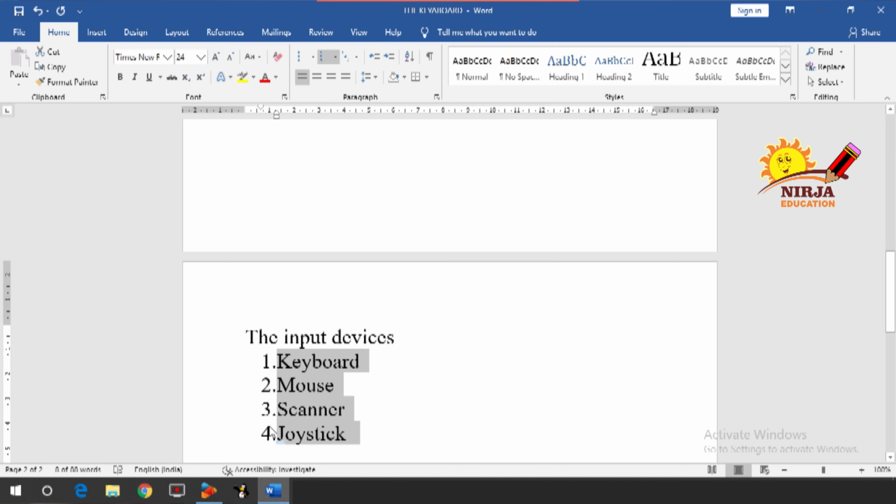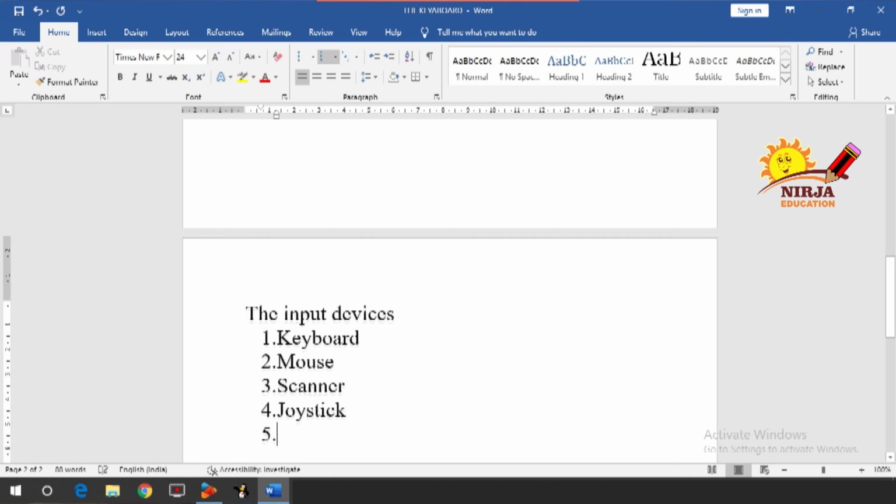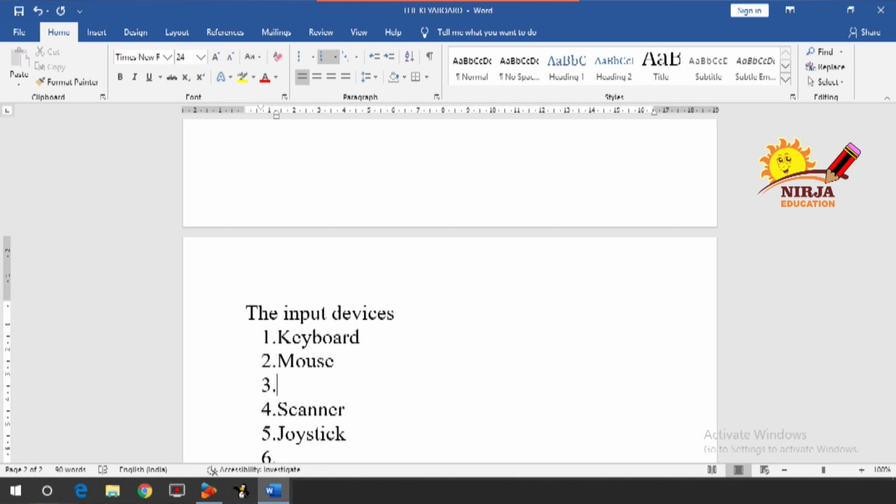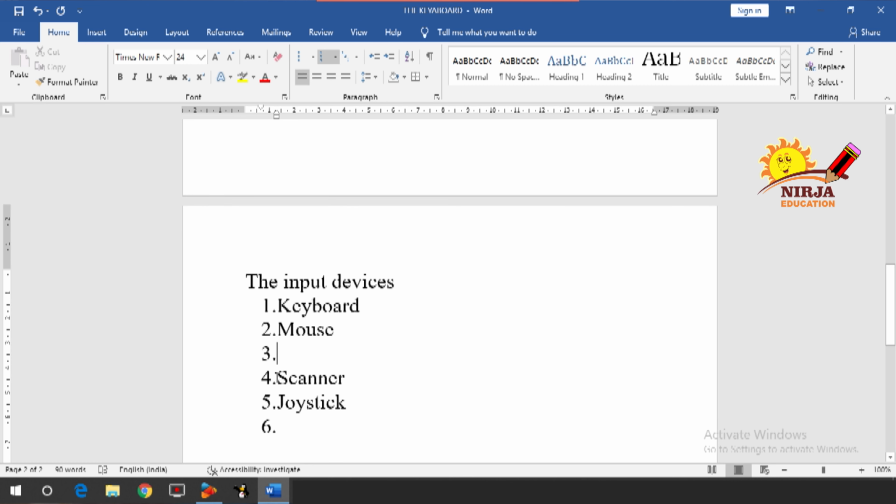So as you can see over here, numbers are listed here. So 1, 2, 3, 4. If I press the enter key, I will get the another number. If in between I am pressing the enter key, the next number I will get. So after 2, if I am pressing the enter key, as you can see, I got the 3 number and scanner got the 4th number. Let us erase this one.